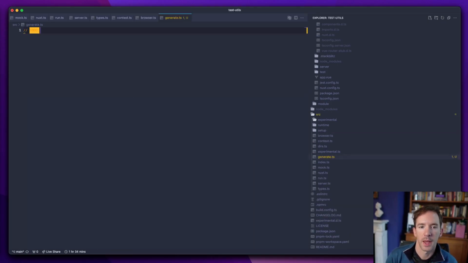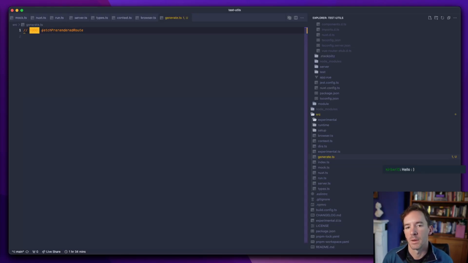Okay, so we probably want to add a function like load generated root, load pre-rendered root. Yeah, so maybe fetch pre-rendered root might be even better because it matches the fetch that we've got at the moment. So it would be something like